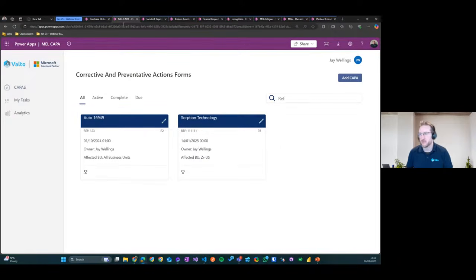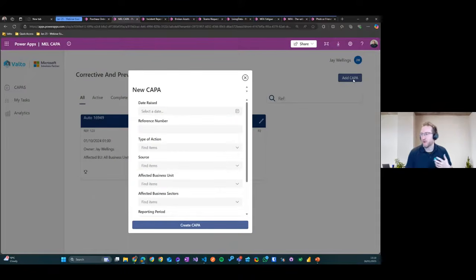In the middle, that's the meat and potatoes of what's going on. We've got primary navigation into each of the actions that need investigation and looking at. First thing I want us to talk about, though, is how do we get a CAPA raised and added to the system. So instead of taking you away from where you are, we've provided a pop-up modal. And the reason that we've done that is we feel it's a bit more immersive in terms of